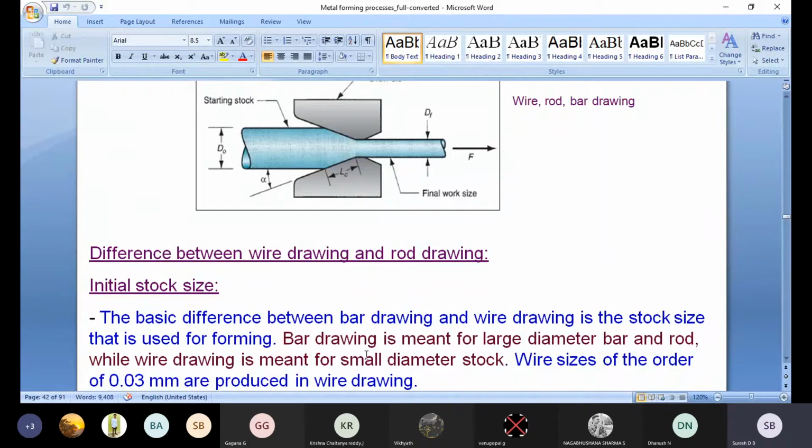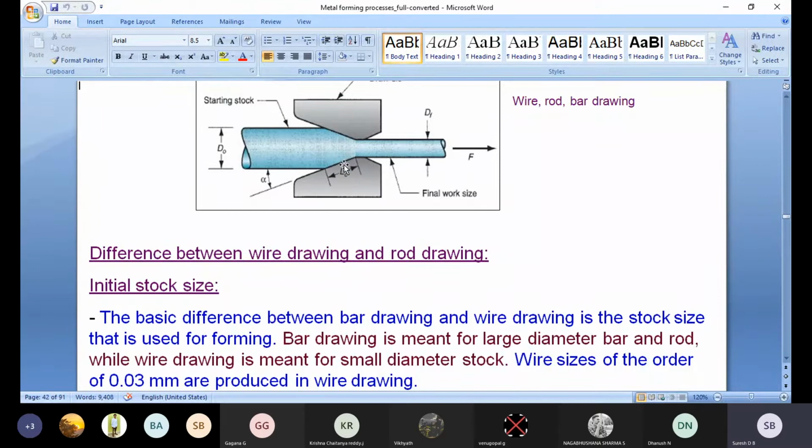When you go for wire drawing, in the initial stroke, a maximum amount of force or load is required compared to rod or bar drawing. What is the main reason? When manufacturing wires, a maximum load or force is required in the initial stroke to pull the material between the two dies compared to the rod or bar, because wires are very small in diameter. In that case the gap between the two dies is very small, so a maximum amount of force is required to pull the material between the two dies. Because of the smaller gap, the entire material is compressed between the two dies, and the larger diameter is reduced to a smaller diameter.